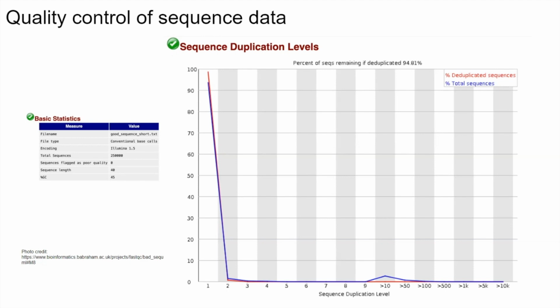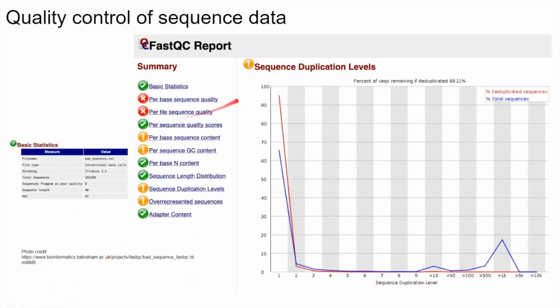If you go to the next slide, however, this is data, and I've just shown you all of the different reports, but this is supposed to be an example of bad data. Well, it at least has a warning. And so in this case, we see a line graph, and it's talking about the overall percentage of total sequences that have duplications. And here, you're somewhere in the 65%, I'd say, with that blue line,